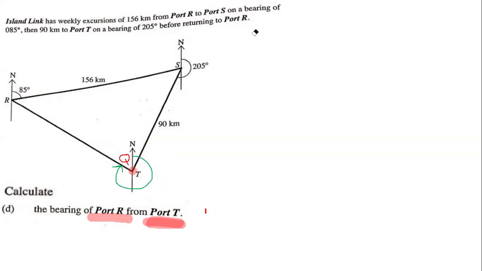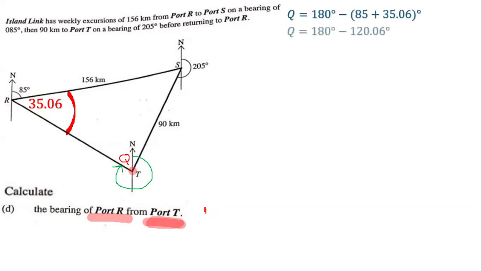Okay. And so if we're trying to do that, what are we gonna do? Well, we know that this angle right here, which we figured out, correct to two decimal places, is 35.06. What else do we know? Well, we also know angle Q. Now we want to figure out the one in green, but we label angle Q because Q is going to help us define the angle that is labeled in green, right? So we're saying that Q is equal to 180 minus 85 plus